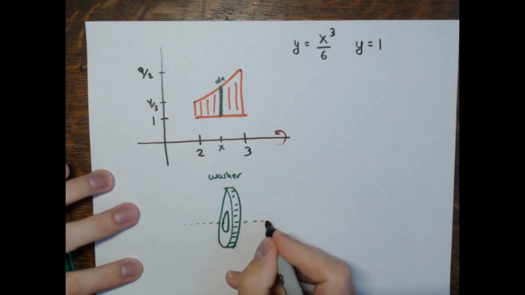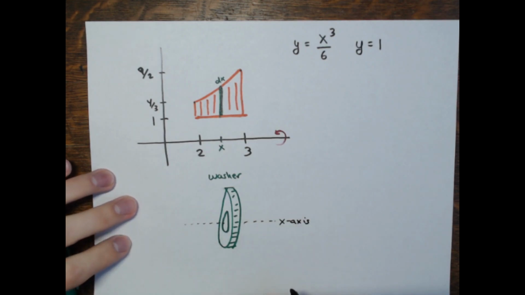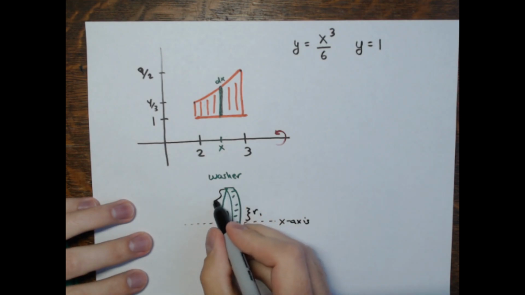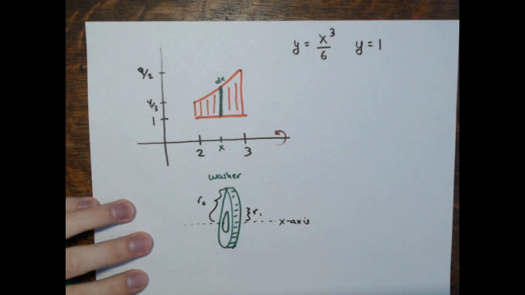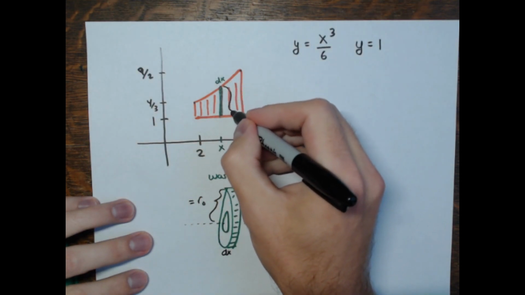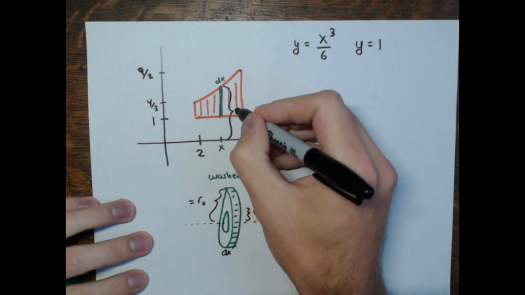And the line going through the center of that hole, the x-axis, the line we're rotating around. I need the inner radius and the outer radius to be able to tell you the volume of this washer. And since the thickness I'm calling dx, I would like these to be in terms of x. Now on the picture here, the outer radius is just the distance from the x-axis to that top curve,